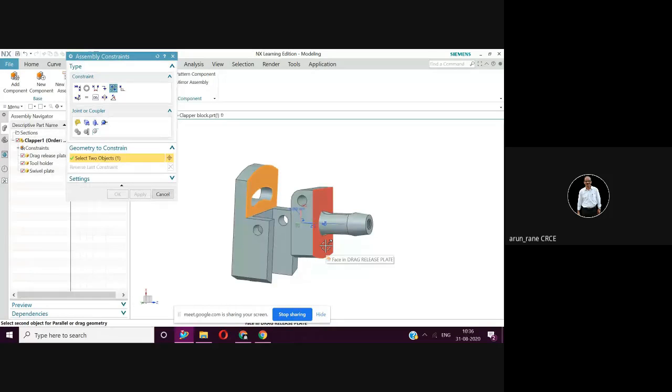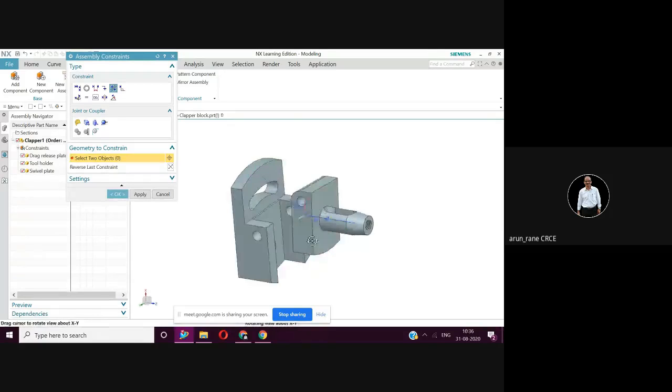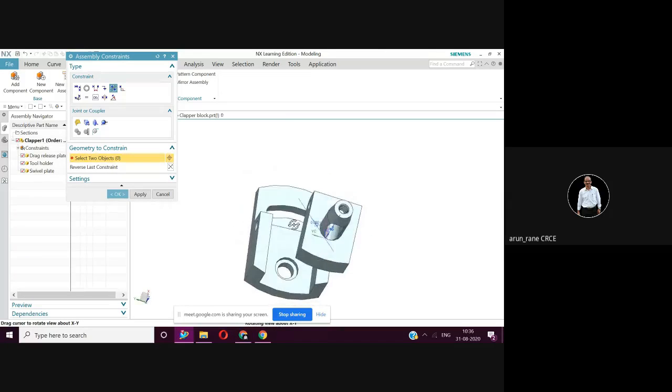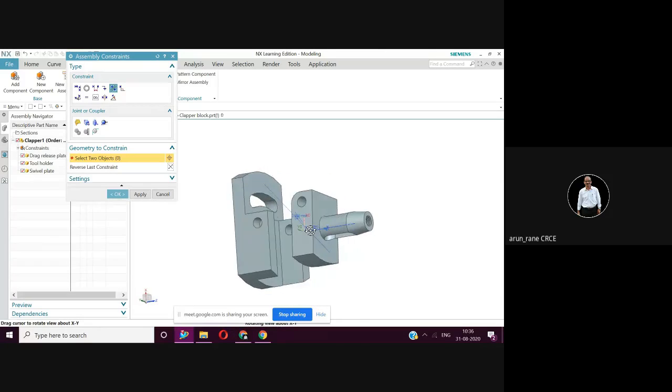You have to read that and then only click. It is a three-step process. You have to place your cursor, then you have to read it, and if it is appropriate, then see now both the faces are parallel.